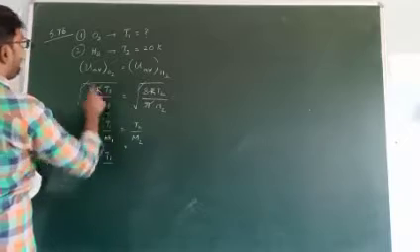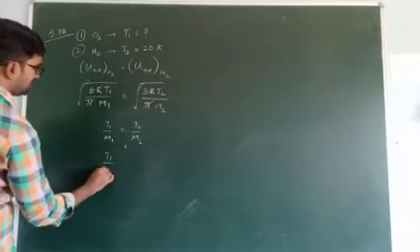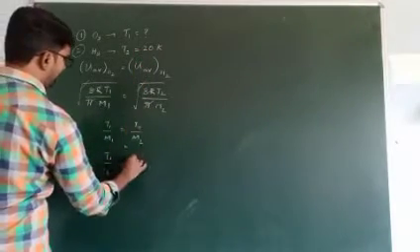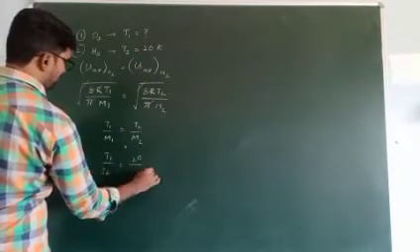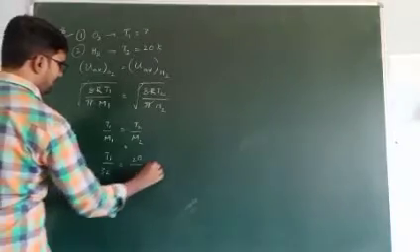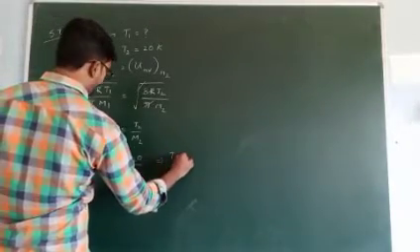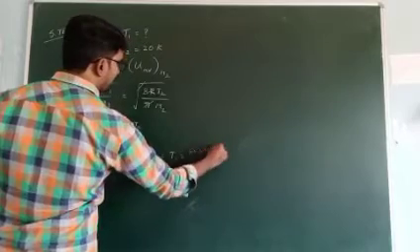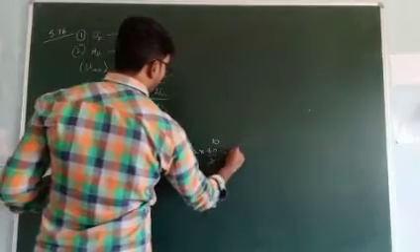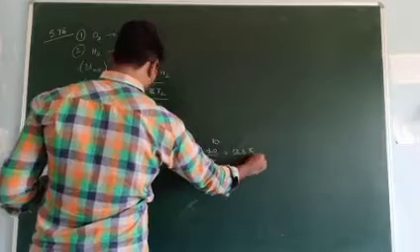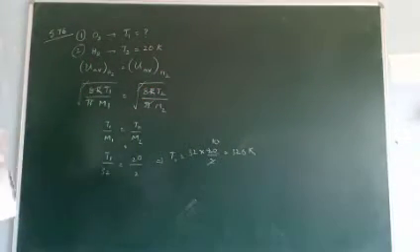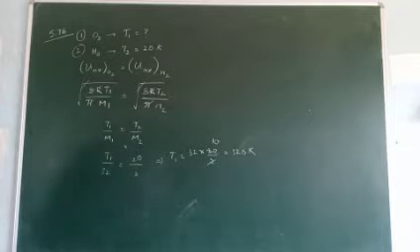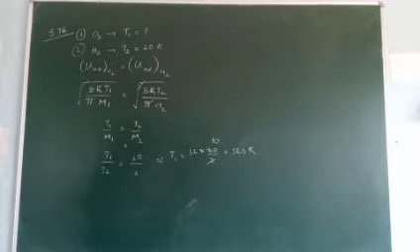So T1 by, what is the molecular weight of O2? 16 times 2 is 32, equal to the T2 value. We know that 20 by molecular weight 2. So T1 equal to 32 into 20 by 2. 2 tens are 320 Kelvin. You can convert this into degree centigrade also. No problem. This problem is also completed.